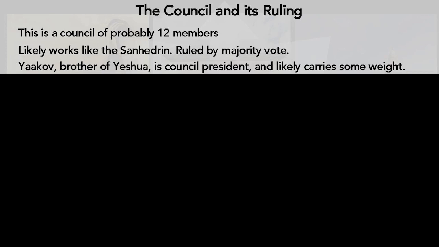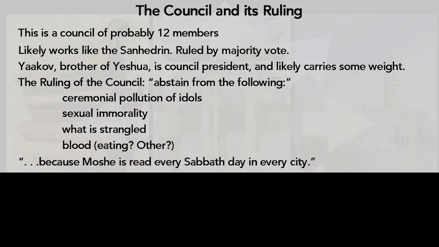We'll take a little bit deeper look at that. Jacob, the brother of Yeshua, is the council president, and his opinion likely carries a lot of weight, as the brother of the Messiah who grew up with him and listened to his teachings. The Testament does tell us that his brothers weren't even believing in him, at least until sometime later. But the ruling council has these following instructions for the Gentiles, that they should abstain from,